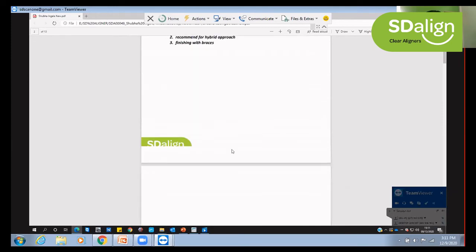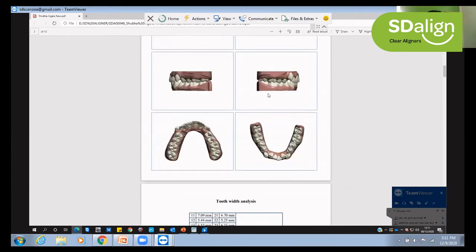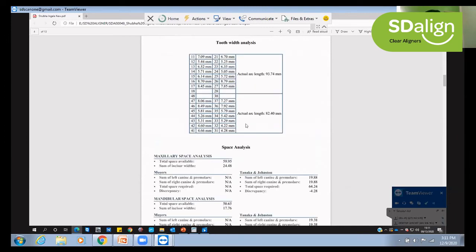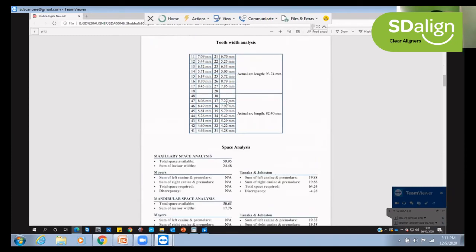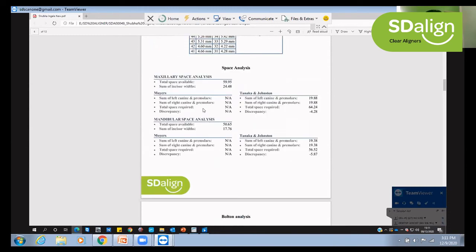Then we have the overview regarding what is the initial position of the teeth, then the tooth fit analysis. We also have a Bolton analysis available. We have other 4 analyses which are also done with the software. So let's say if there is a tooth material mismatch and there is a lower tooth material excess, we know from day one that we have to plan extra IPR for the lower arch.